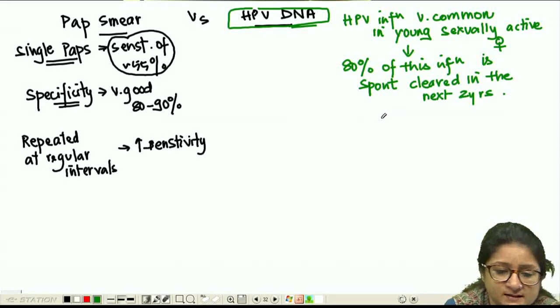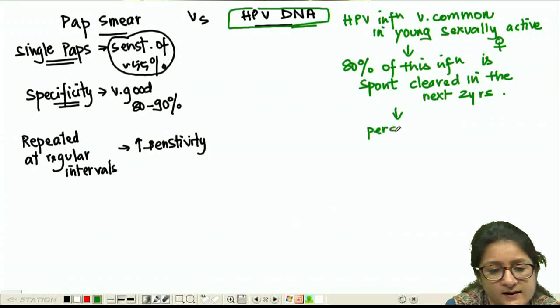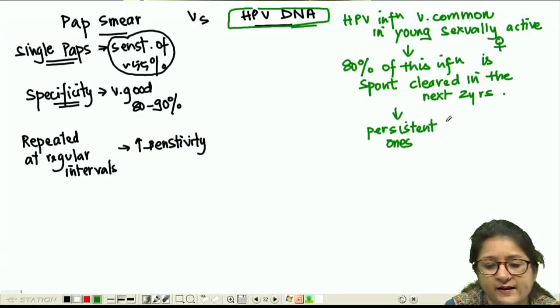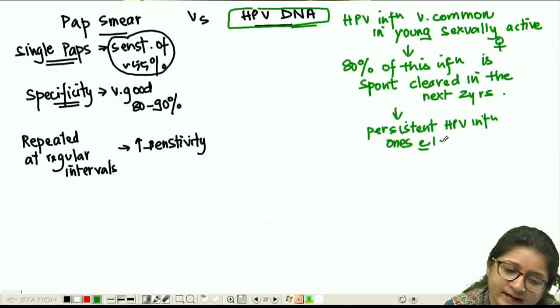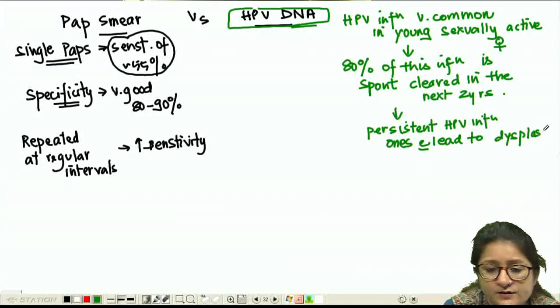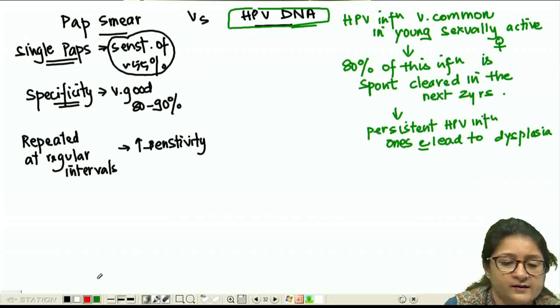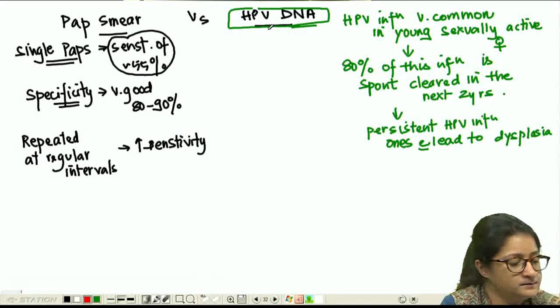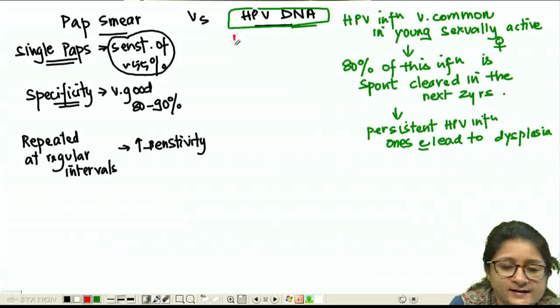It is the persistent HPV infections which lead to dysplasias, right? So with that logic, we realize that HPV DNA testing is less